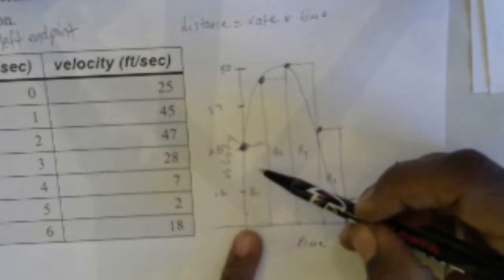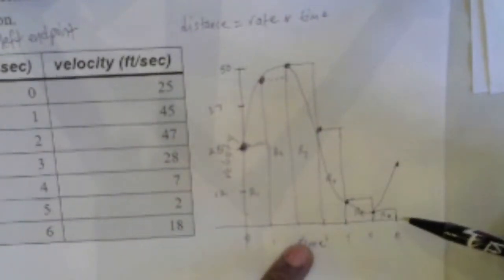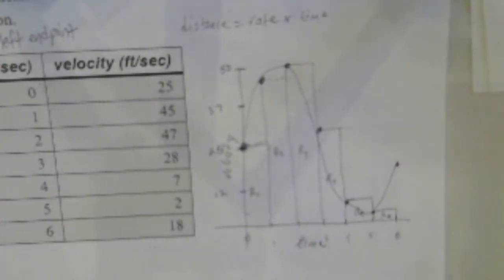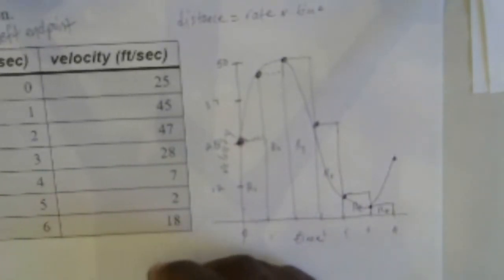So now this is where the distance comes in. If we multiply the rate times the time, that actually gives me the area, but in this case, that area is actually the distance. So I'm simply going to find the areas for all 6 of my rectangles, which is inadvertently the distance. I'm going to add them all up to give me the total distance. So keep in mind that for each one of these rectangles, the width is 1. So for the distance,